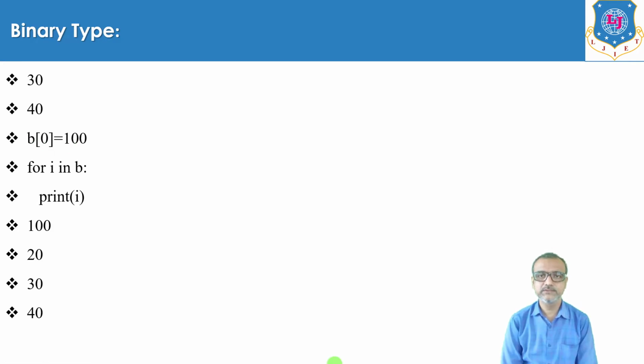So in today's lecture we have seen mapping data type, and in mapping data type we have discussed dict data type, that is nothing but dictionary. Then after we have gone through set data type. In set data type we have discussed set and frozenset. Then after we have seen boolean data type, and finally we have gone through binary data type, and in binary data type we have discussed bytes data type and bytearray data types, and we have gone through various examples based on these topics.